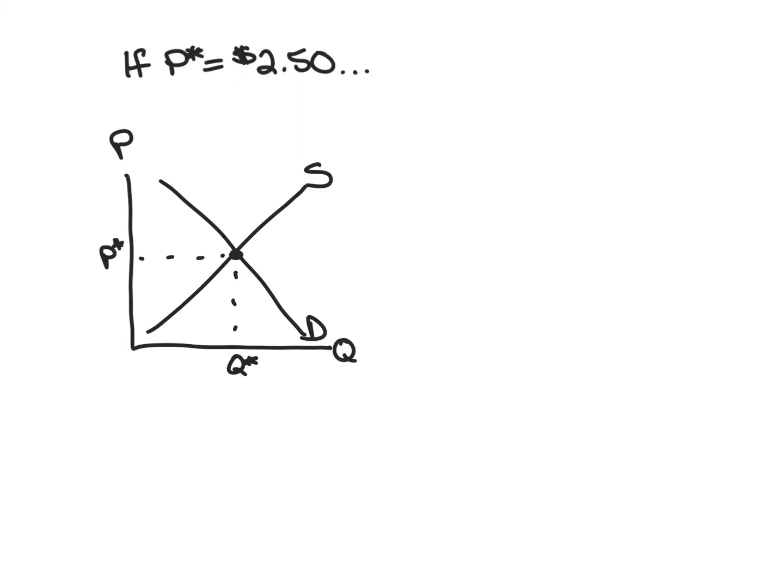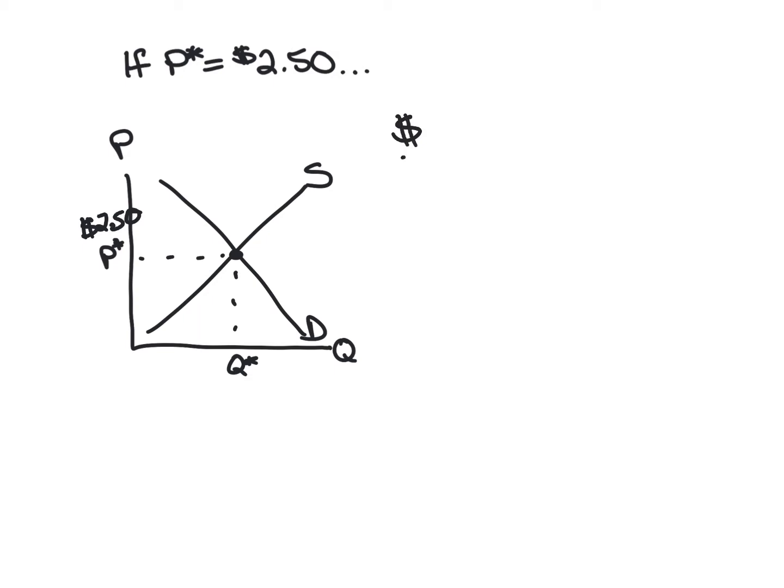Question 5 asks, what happens if the market price drops to $2.50? So when the entire market supply interacts with the entire market demand, it leads to a market price of $2.50. So here we have $2.50. All right, so to see how our individual producer is going to react in this situation, we need to